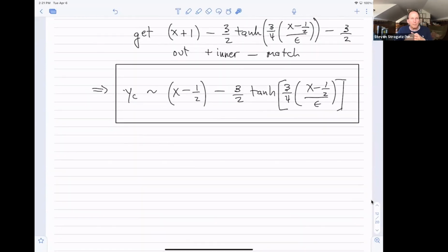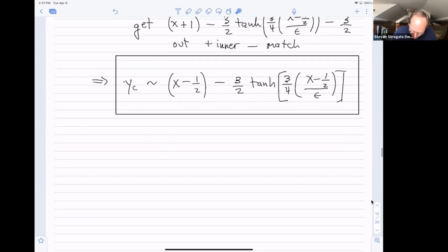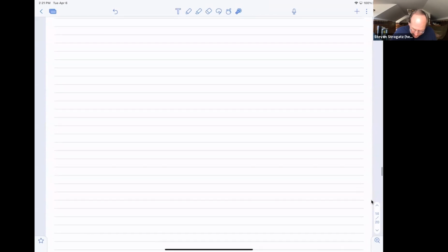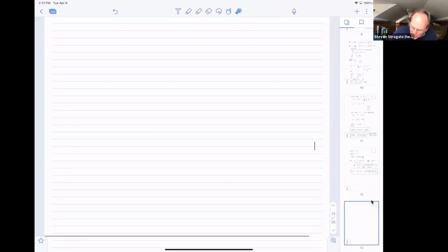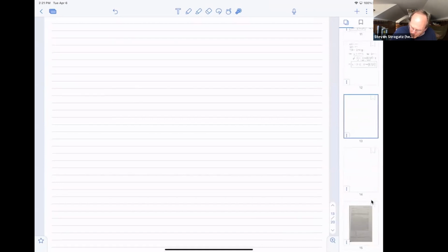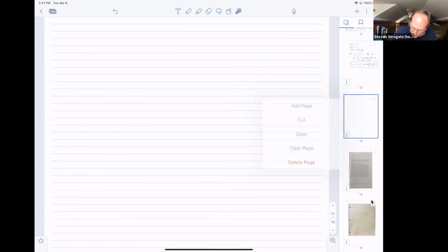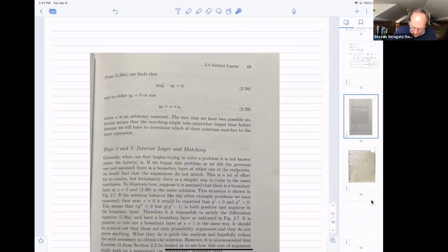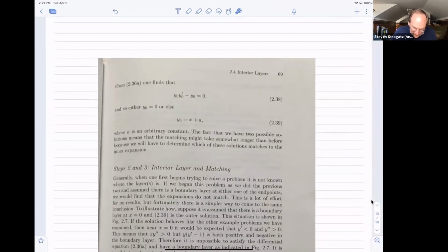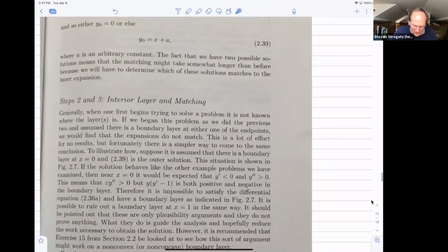But here's the part I wanted to mention, which is that there are other solutions to this problem. The solution to nonlinear boundary value problems are not necessarily unique, and in this case, they're not. And what's interesting to me is that Professor Holmes in his book implies that it is unique, but he doesn't prove it, and he says he's going to give a plausibility argument. So let's see if I can find that here, I want to show you this. Yeah, I can delete this page, and I'll delete this page too. But here's his plausibility argument that turns out to be wrong. It's interesting. He says,